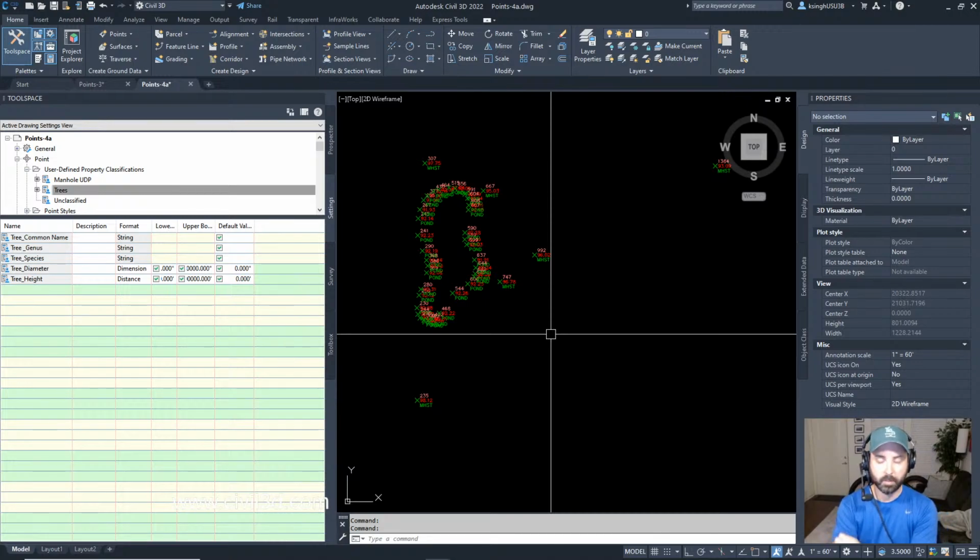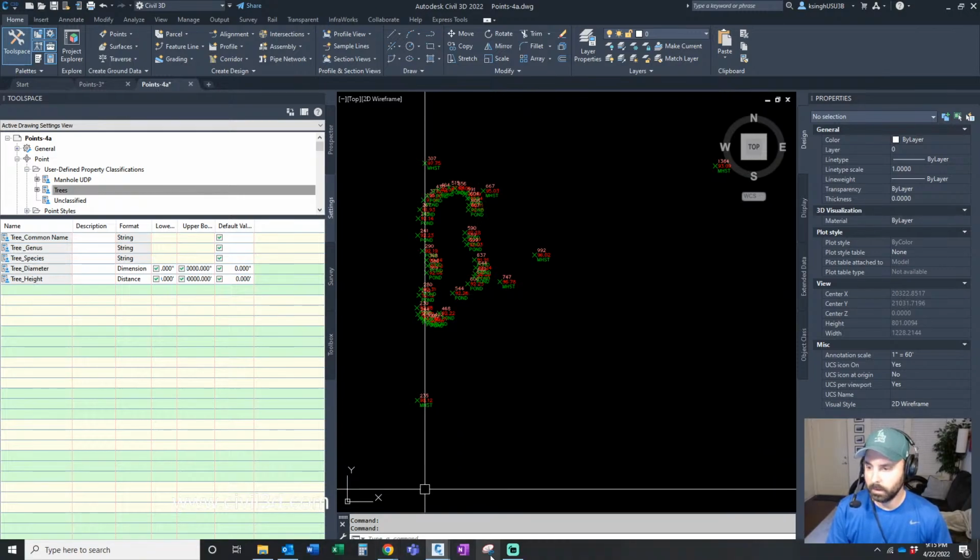creating user-defined properties. Now this stuff probably doesn't make sense as of right now, but it will in the future. We will get to that in upcoming live streams. And that's